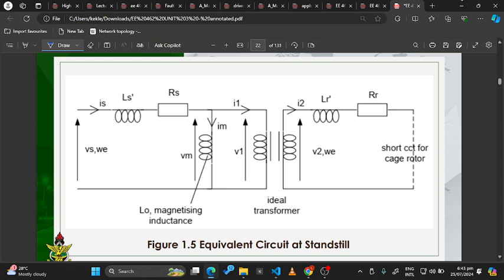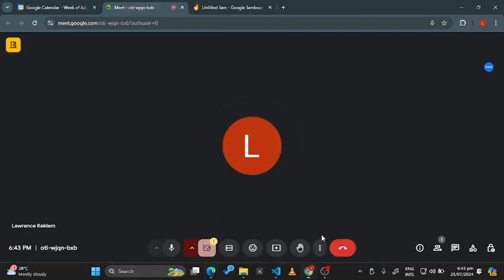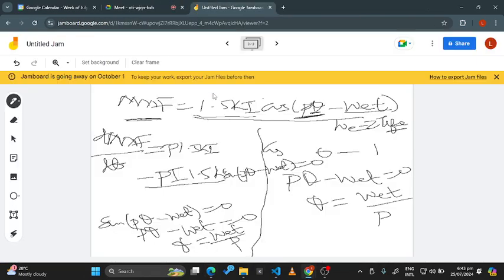To draw the circuit, let's draw the transformer first. If you remember clearly,